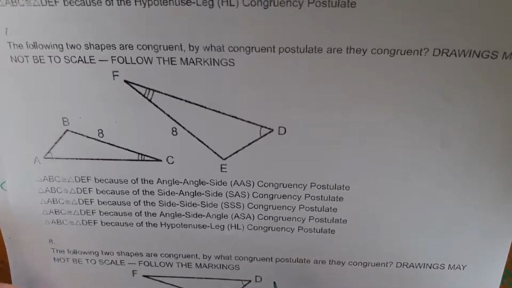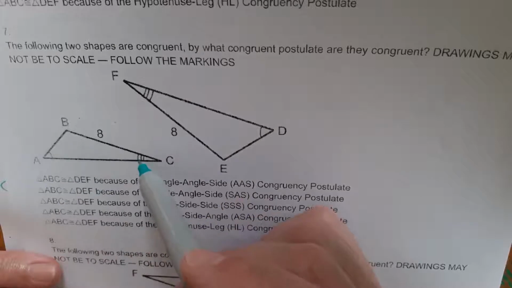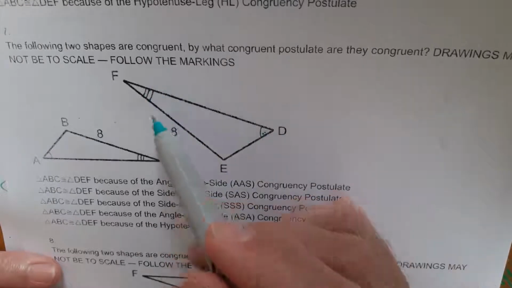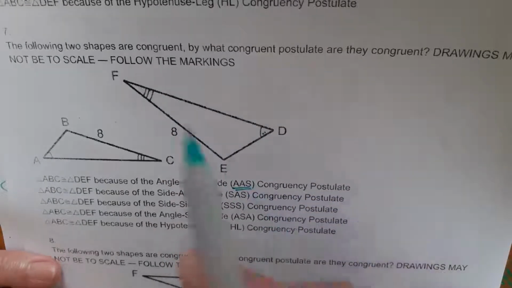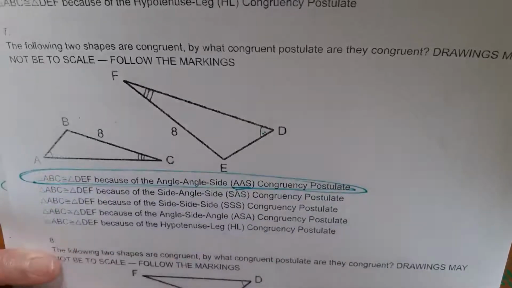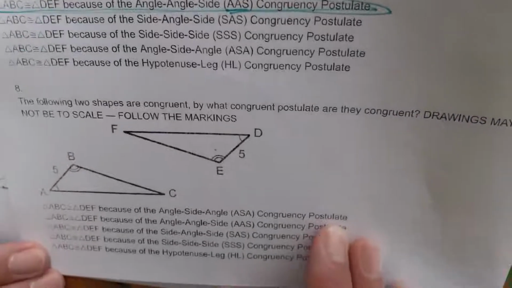So they are congruent. Why? I see an angle, angle, side. And notice it goes 1, 3, 8. 1, 3, 8. Angle, angle, side. So this is an angle, angle, side congruency postulate. Every time we can match up that order, we can use this reason to declare that yes, indeed,